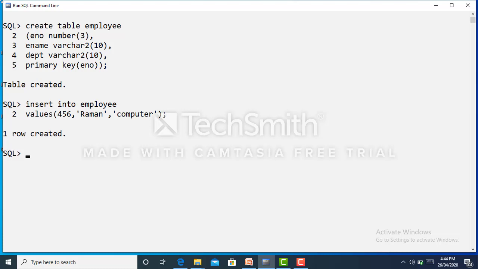Record is inserted. So I will try to insert the same record without changing the number. I will change only the name and the department.